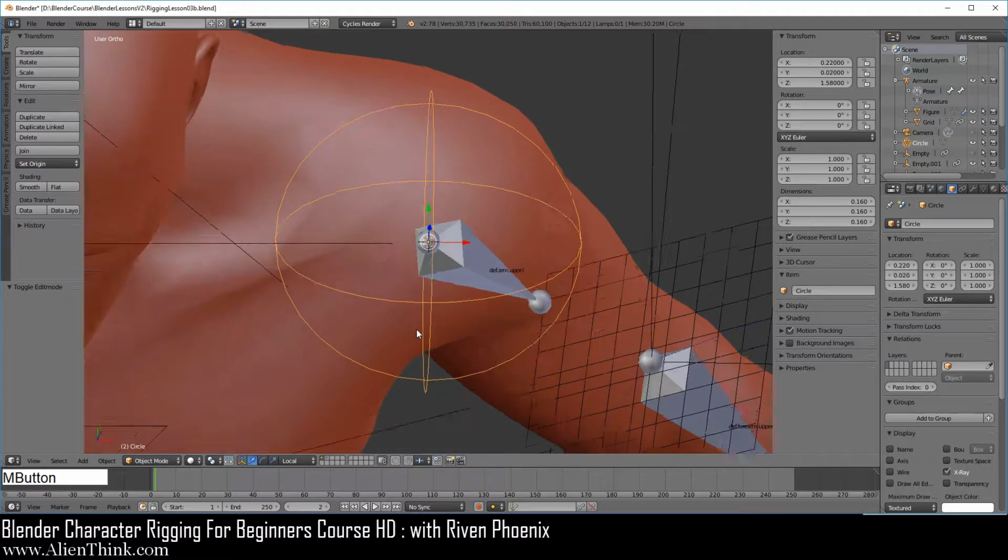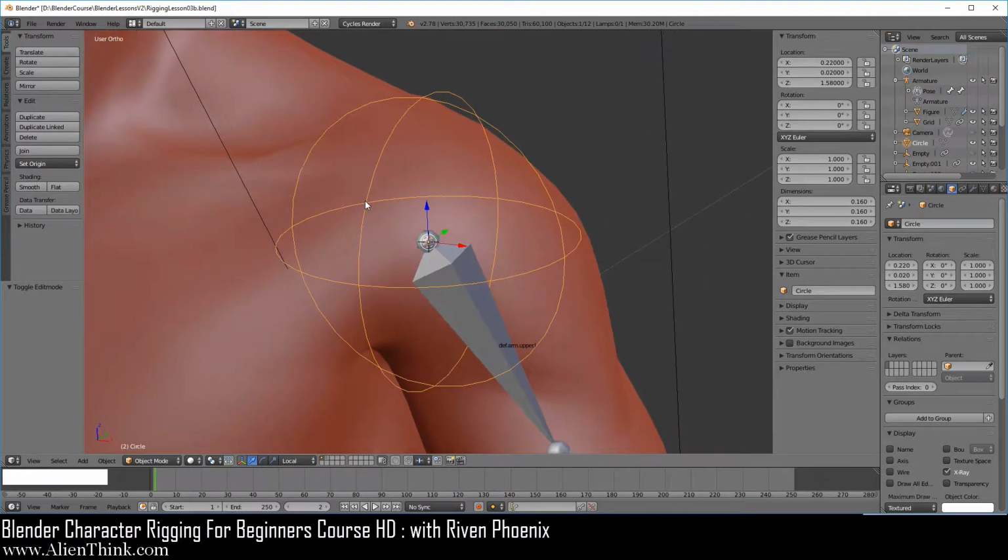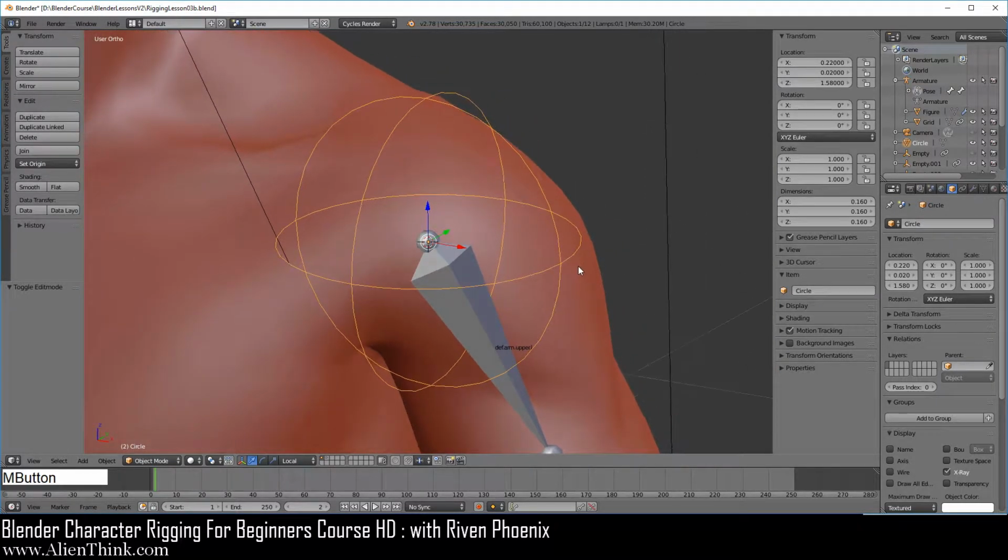So here when we position the view like this, you can see that all we've done is really exposed the pose space coordinate system or its planes on the head of this bone. So this is going to be true for every bone that you set up in your armature. Now when we